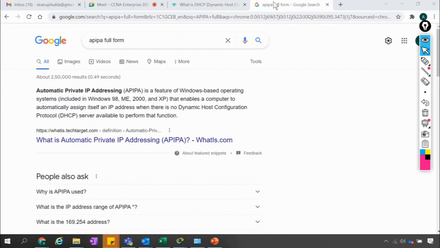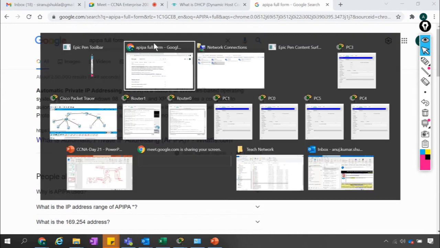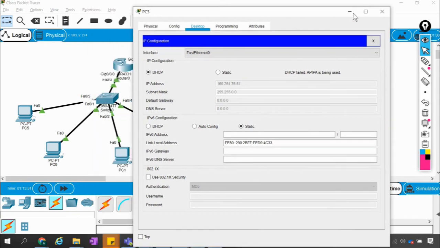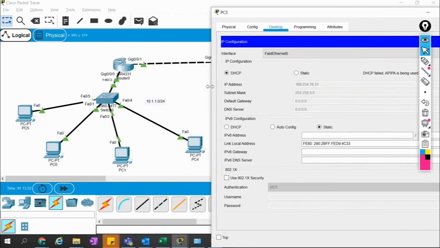Okay, so that's how it is. The computer uses it whenever the DHCP server is not reachable.